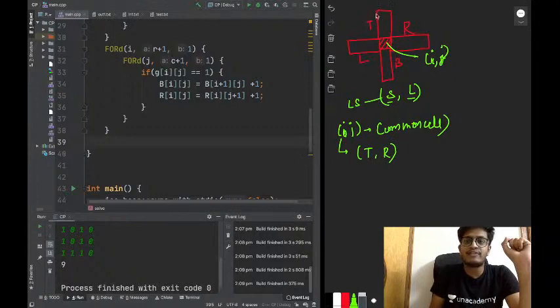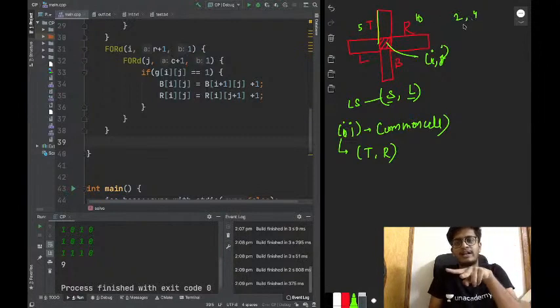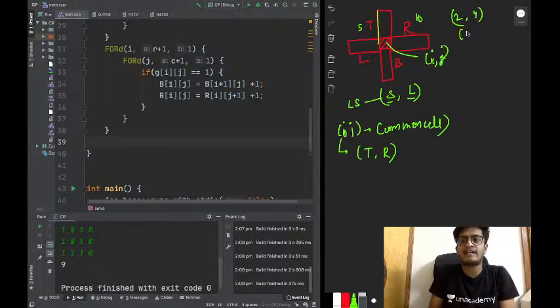If its t value is, let's say, 5 and its r value is 10, we can take two from the top and 4 cells from the right, and this will be an L shape. Then 3 cells from the top and 6 from the right, and 4 cells from the top and 8 from the right.